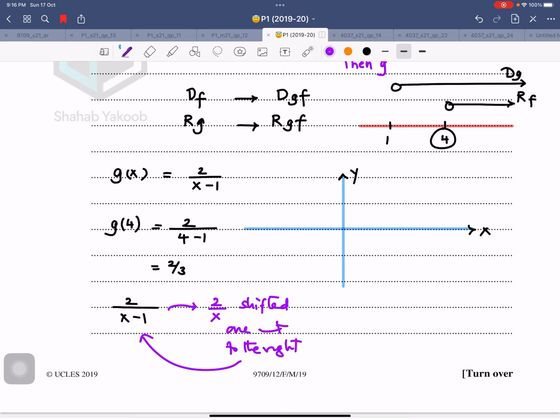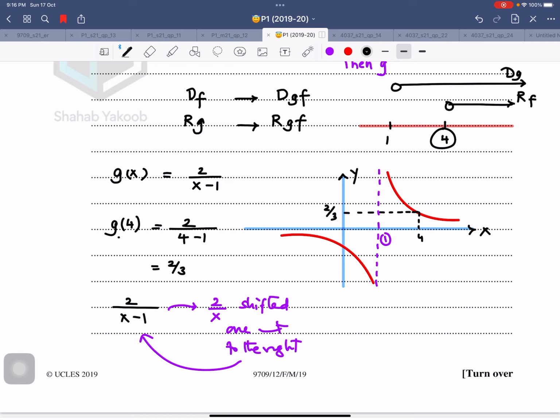So now I'll draw the vertical asymptote, which is x equals 1. And the shape of the graph is something like this. So let me draw it. It would be something like this, more accurately, like this and like this. But the domain is x is greater than 4. So when I plug in 4 over here, my y value is coming out to be 2/3.